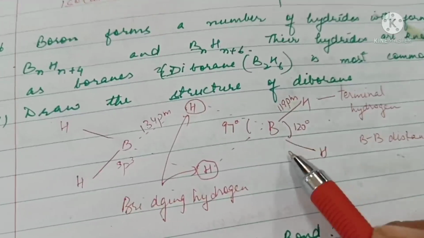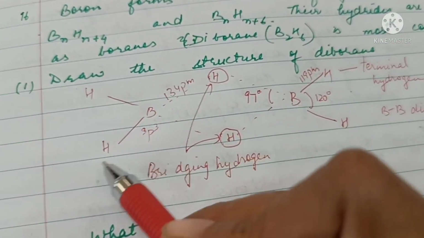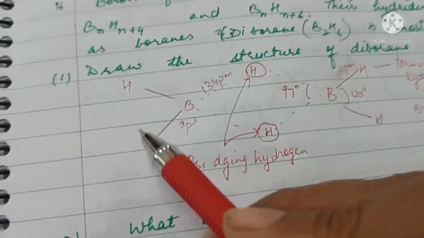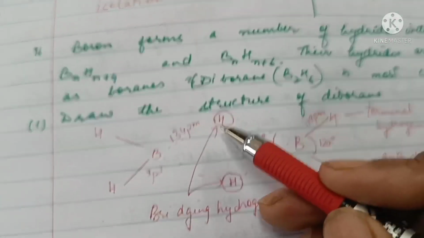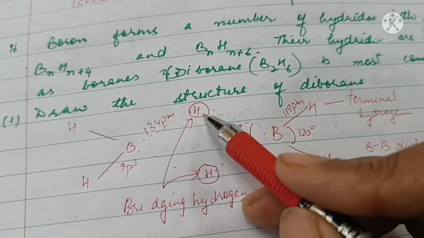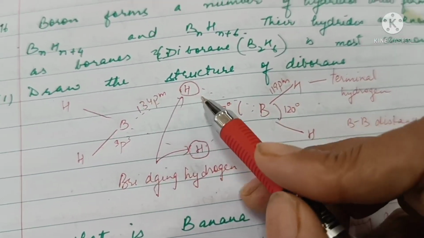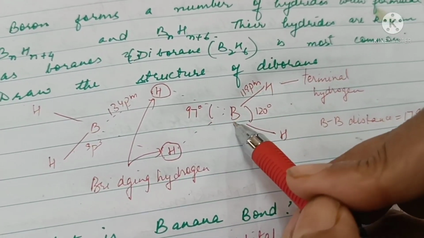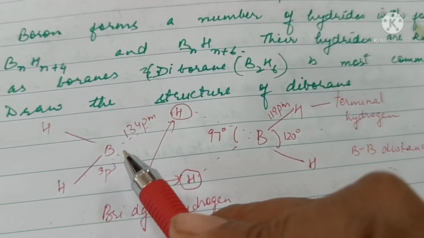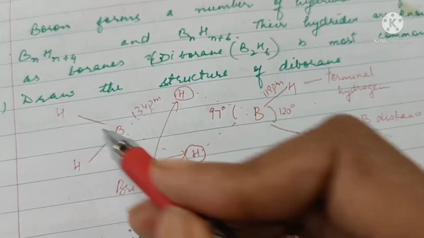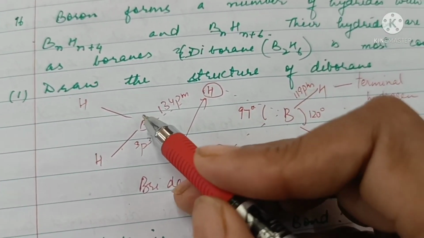So in diborane B2H6, the two boron atoms have in all 6 hydrogen atoms. 4 are normal boron hydrogen bonds, 1, 2, 3, 4. 2 boron hydrogen bonds are called bridging. 2 hydrogens are called bridging hydrogens because they form a bond between boron, hydrogen and boron. They form a bridge. In this bridge, the hydrogen is present above and below this planar structure, and the boron,